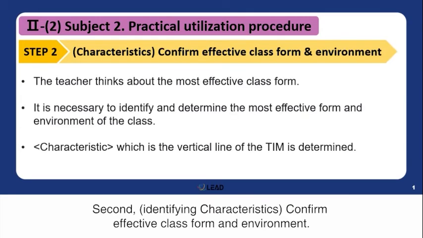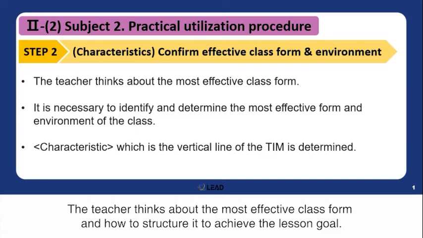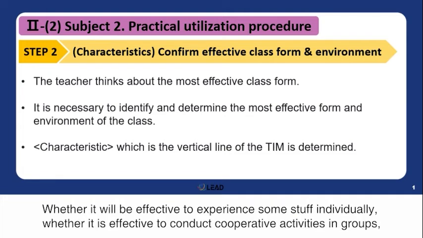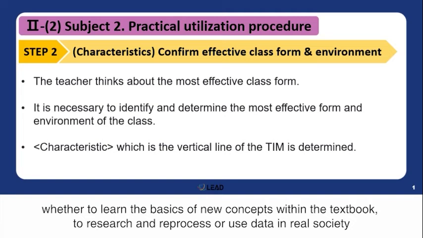Second, confirm effective class form and environment. The teacher thinks about the most effective class form and how to structure it to achieve the lesson goal. Whether it will be effective to experience some things individually, whether it is effective to conduct cooperative activities in groups, or whether to learn the basics of new concepts within the textbook, or to research and reprocess or use data